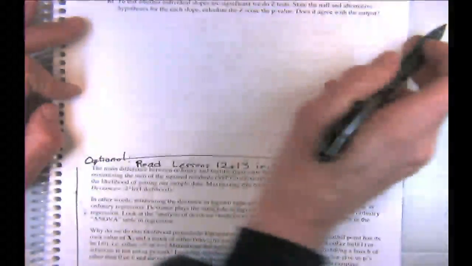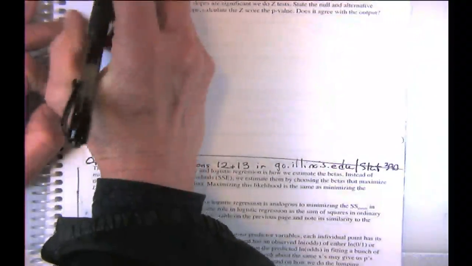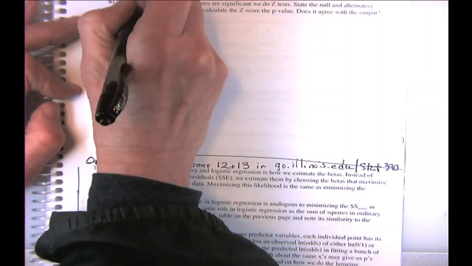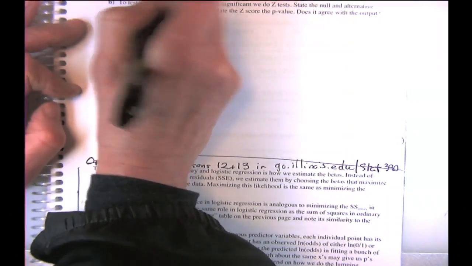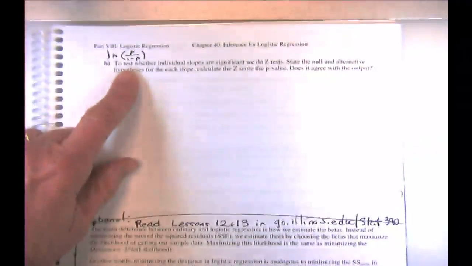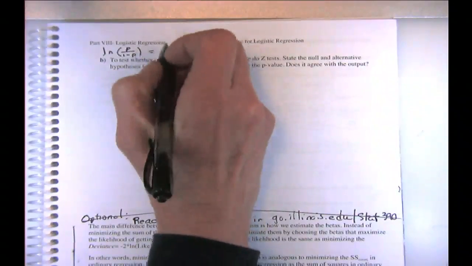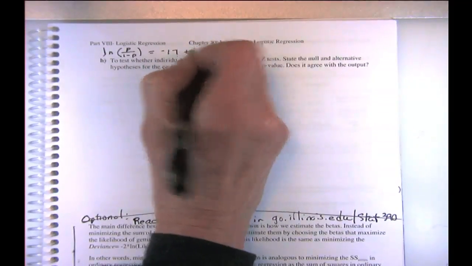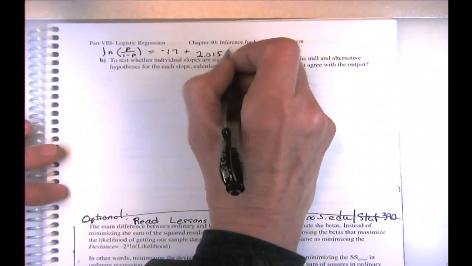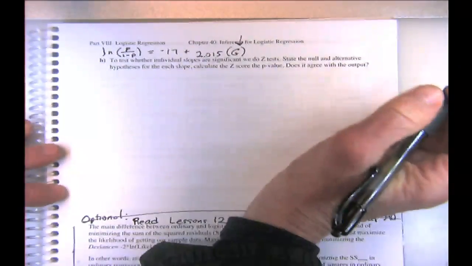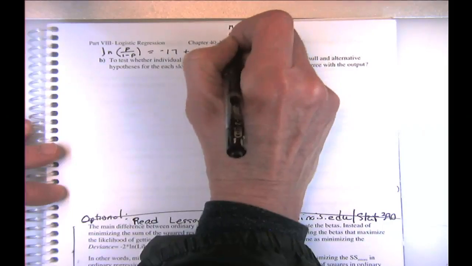We're testing the slopes in the log odds. We're doing all this on the linear log odds model. We should write it here. We have the log of the odds. Remember, odds are p over 1 minus p, so that's our predicted log odds. Log of p over 1 minus p is equal to, from the previous page, negative 17 plus a slope of about 2.015 times gender, and that's coded as 0 for males and 1 for females,